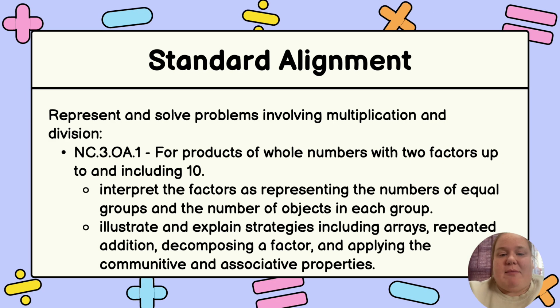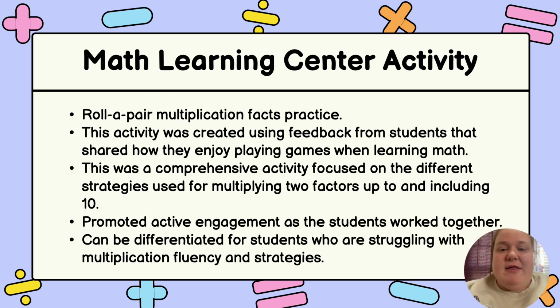The standard that I chose to align my Math Learning Center activity with was NC3 OA1. This standard focuses a lot on multiplication through representation and solving problems. Within this standard, students must be able to interpret factors as representing the number of equal groups and the number of objects in each group. Students must also illustrate and explain the strategies they used when solving the multiplication equations with factors up to and including 10. The Math Learning Center activity that I created using student feedback was called Roll a Pair Multiplication Facts